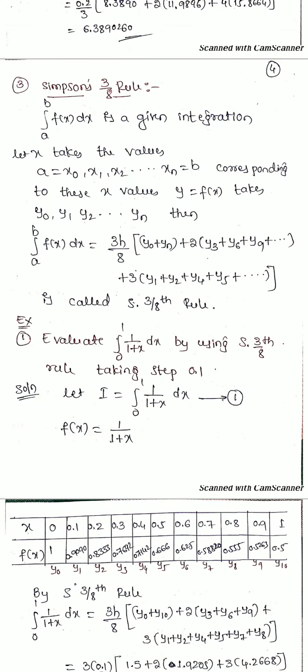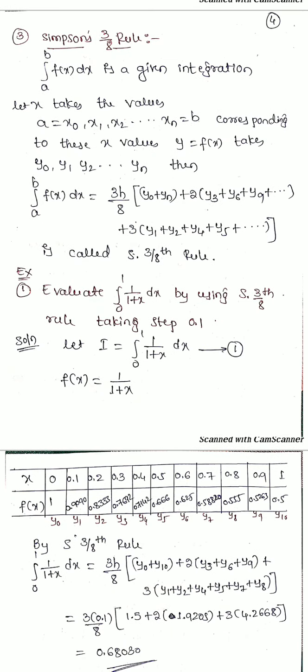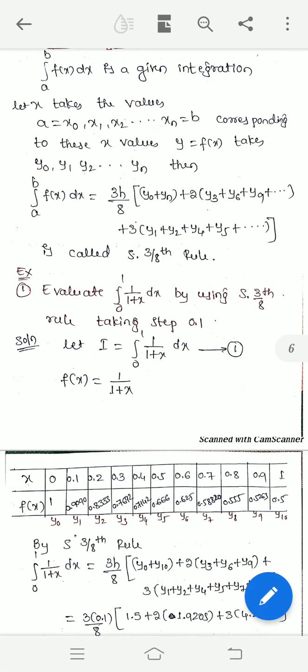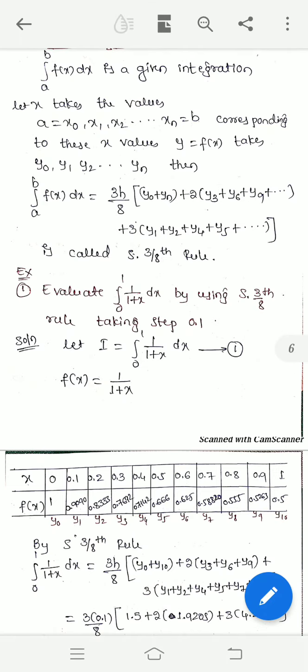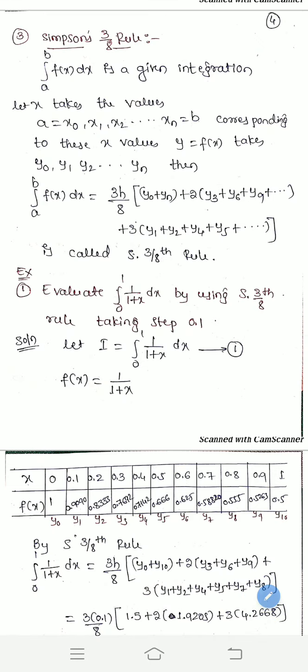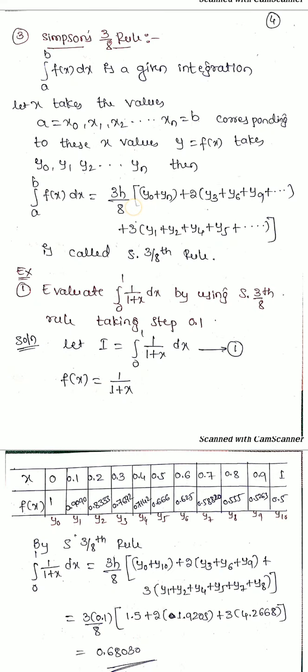So corresponding to these x values, y is equal to f of x, which takes as y0, y1, y2, and so on up to yn. Then the given integration, that is, integration from a to b of f of x dx, is equal to 3h divided by 8 into the first term plus last term, y0 plus yn, plus